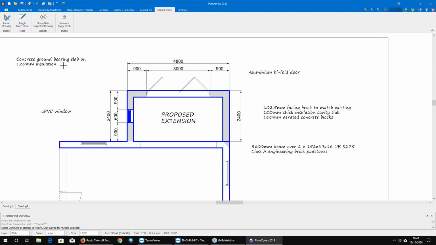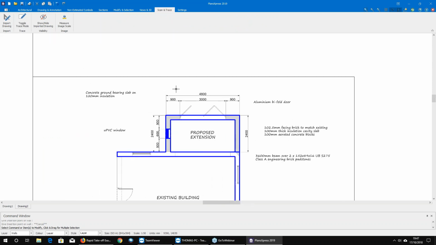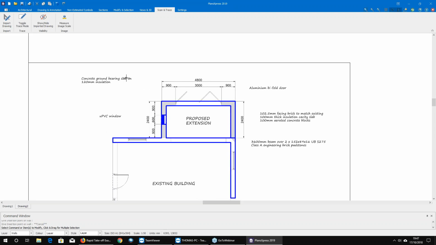Now, while I'm in trace mode, there's going to be times when you've got a PDF that's quite busy. So if you do lose track of what you've done and there's a lot going on screen, this is something that I'd actually shown how to create manually in a video previously, about adding your PDF to another layer or another level and